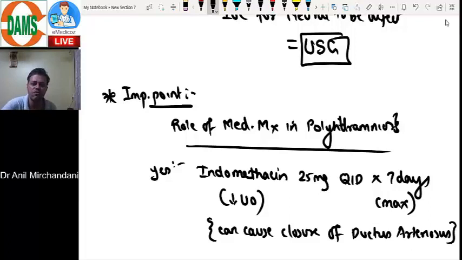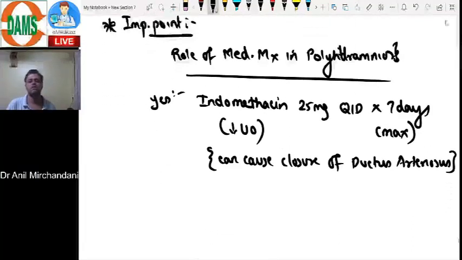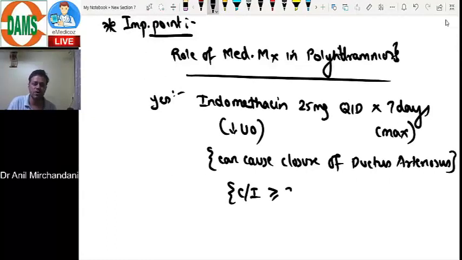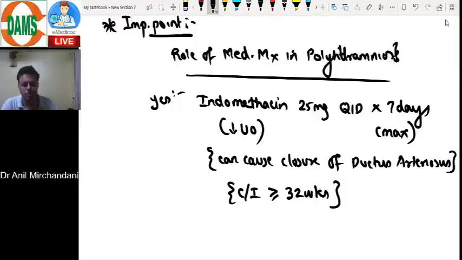Indomethacin can cause closure of the ductus arteriosus, DA closure. That's why it is contraindicated at or beyond 32 weeks. Do not give indomethacin at or beyond 32 weeks. We can give it in early gestation. In early gestation,